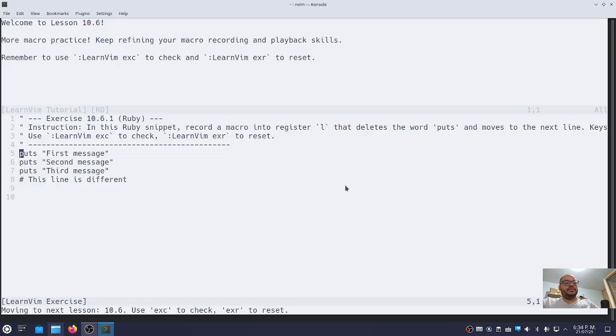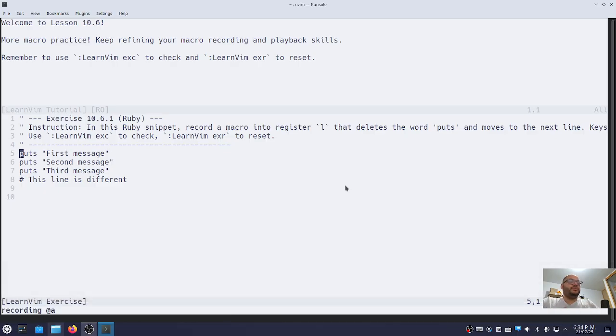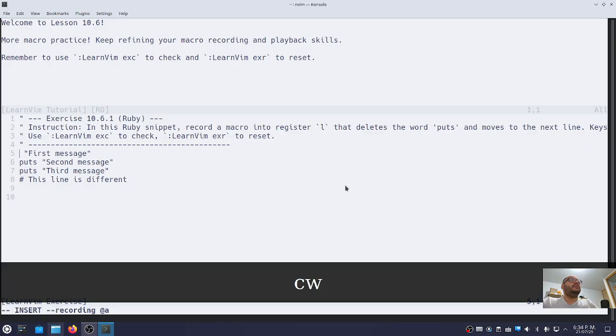But we can switch and record the macro again with the CW. Let's say that instead of doing puts, we are going to change it to print and open and close brackets. Let's do CW, print, open bracket,